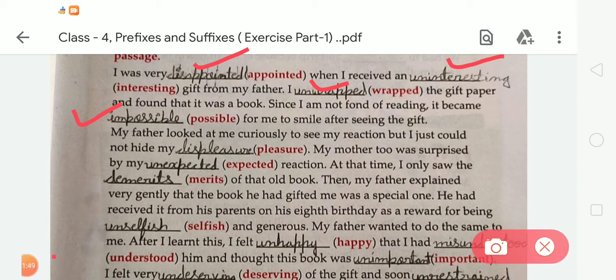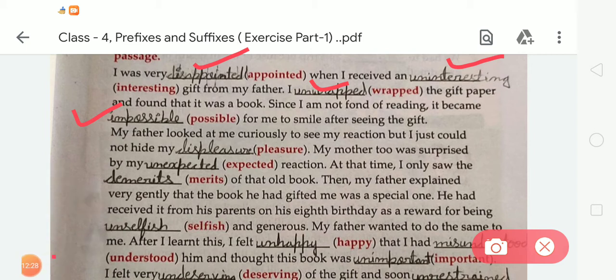At that time I only saw the, there is a word merits, so we have to write here demerits of that old book. Then my father explained very gently that the book he had gifted me was a special one. He had received it from his parents on his 8th birthday as a reward for being, there is a word selfish, so we have to use prefix un, so it will be unselfish and generous. My father wanted to do the same to me. After I learned this, I felt, here is the word happy, so we have to write here unhappy that I